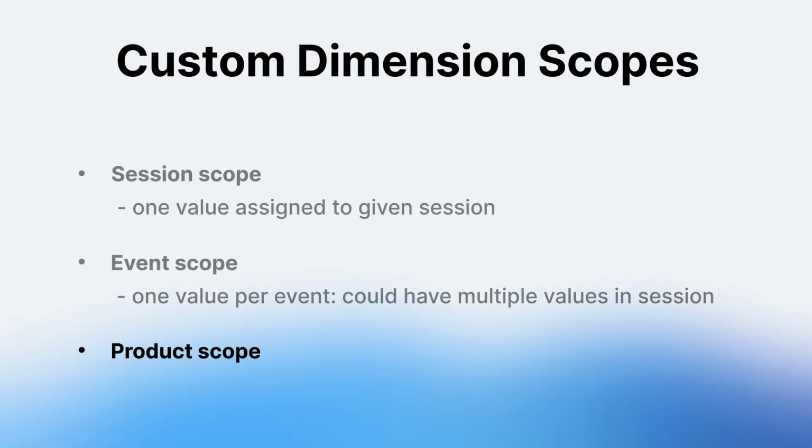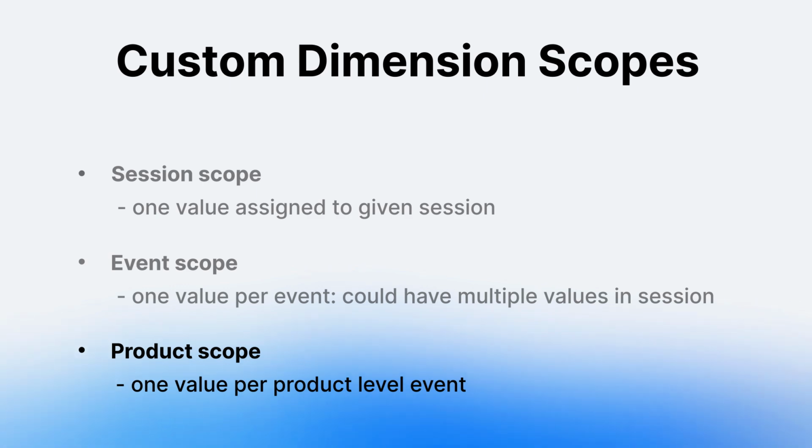Third scope that is used in Piwik PRO is a product scope. Again, it is used only for e-commerce websites. So, unlike session and event scope custom dimensions, it cannot be used on every website. The important part when it comes to product scope custom dimension is that it has one value per product level event. Piwik PRO has many built-in dimensions of the product scope like product name, SKU, brand, variant, price, quantity, revenue,